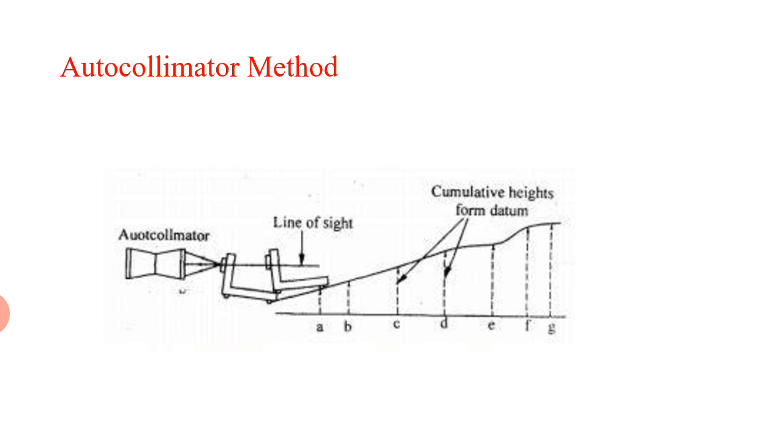Now we have to measure the relative angular position of the section between points A, B, C or D, E, F, G. Initially, draw a straight line on the surface whose straightness is to be tested. Now divide it into an equal number of sections. The length of each section is equal to the base of the plane reflector.